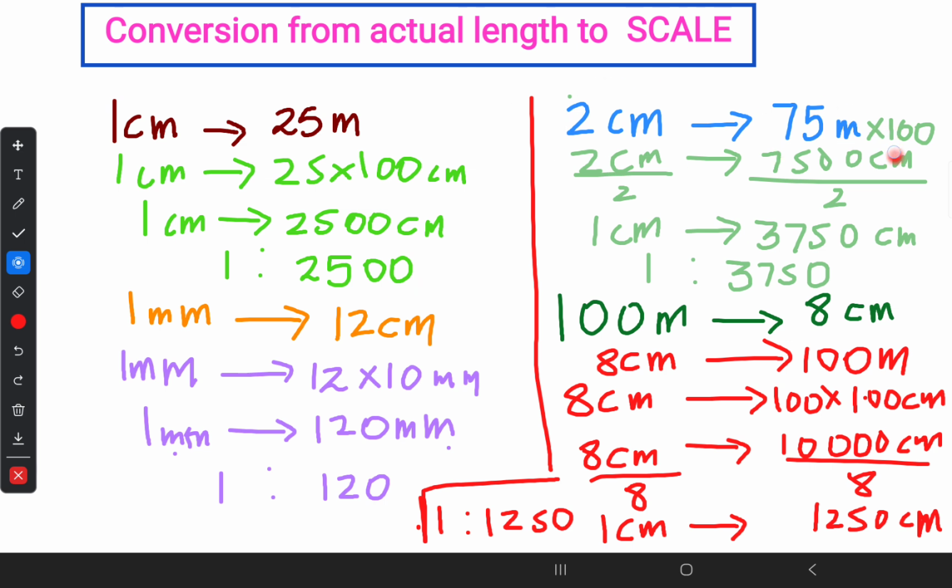Here, first I converted to centimeter. I converted both of them to centimeter. Then here I had 2 centimeters, here 7,500. We don't need the scale for 2. We need it for 1 unit. This value should be divided by 2. That means 7,500 also should be divided by 2, which will give you 1 centimeter is this much centimeter. Both are centimeters. Without unit you can write 1 is 2 and